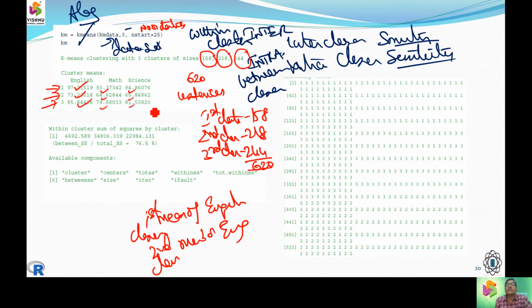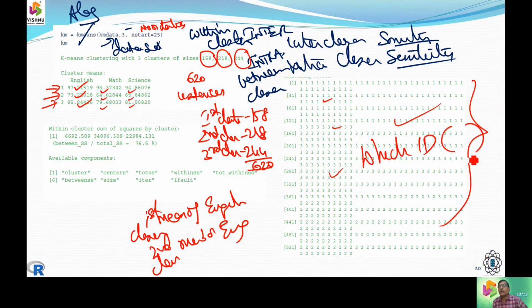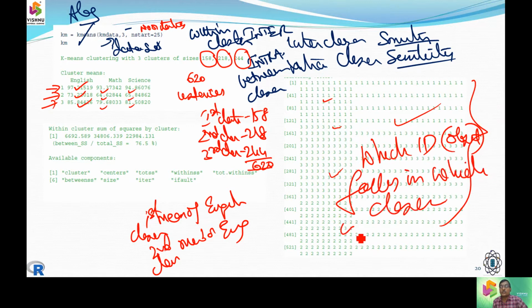So these are the mean values of the clusters, so that it is reciprocated to which cluster we are falling in. So the first ID falls in the first cluster, the second ID falls in the second cluster, the 20th ID falls in the third cluster. In this way we are going to say which object falls in which cluster. We are going to represent which ID or which object falls in which cluster. So this is how we put these values.